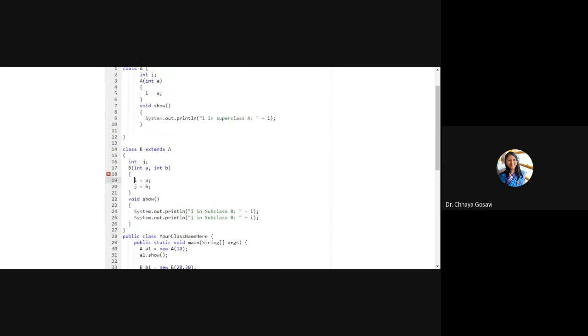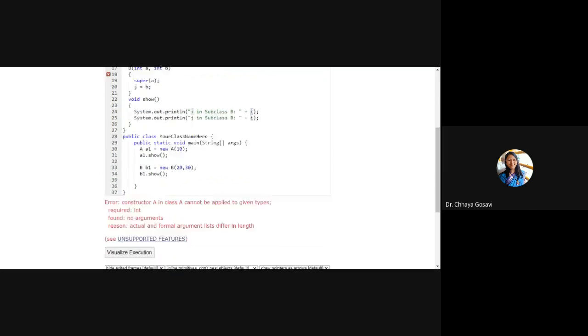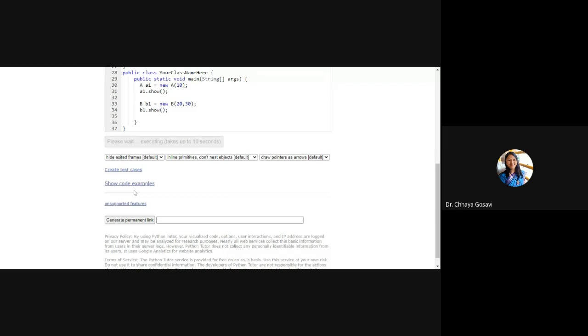So what we have to do here is, instead of initializing i here, we have to use the super keyword, super, and pass the value of a. You can pass a or b, whatever you want, but I'm assigning a to small i and b to small j. So super(a) will call this constructor, and it will initialize this i, which is inherited in B. So now your program will work. This is the first use of the super keyword, to call the base class constructor.